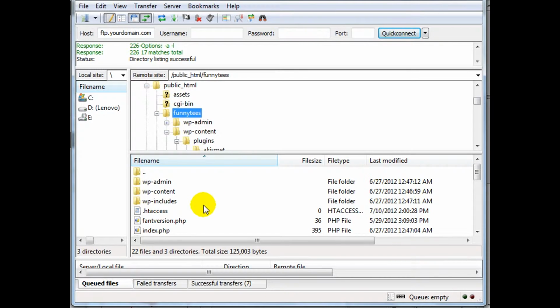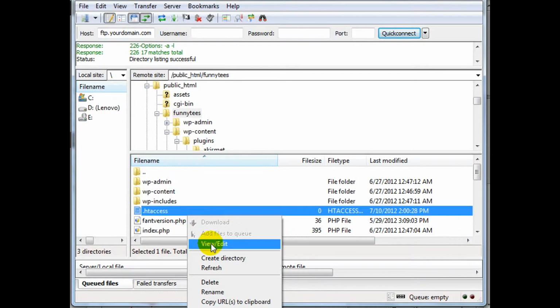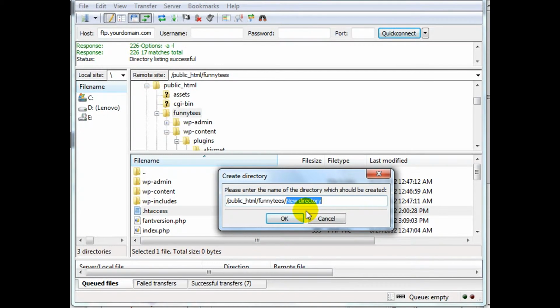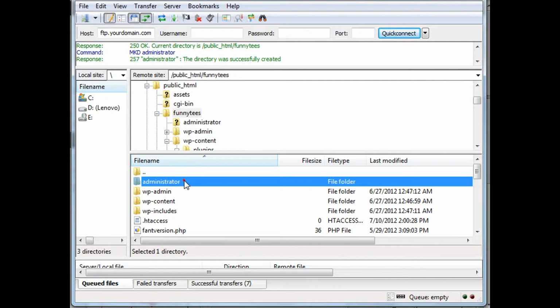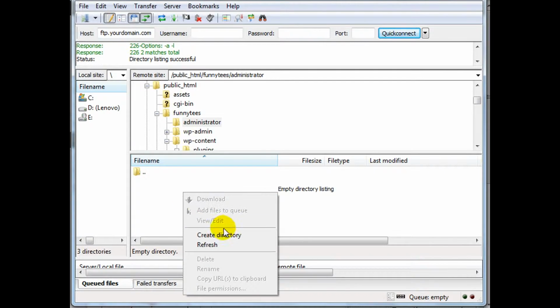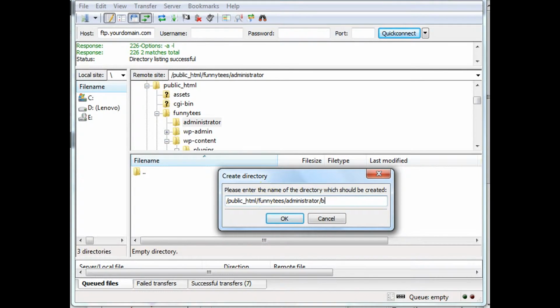So what I need to do is create a new folder here. So what I need to do is right click, click Create Directory, and then enter the directory. So I'm going to put Administrator,